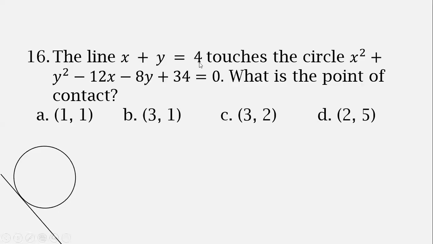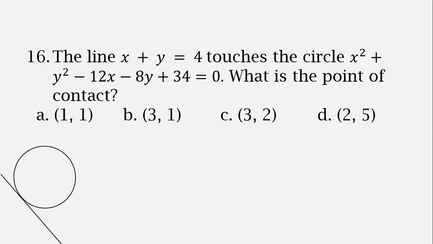But to find the common point, this point should be on both. So these three, A, C, D, cannot be on the straight line. We have seen this one is on the straight line, but we don't know whether this point is on the circle or not. So definitely, as we have to take one answer out of these 4, these 3 are not valid. So definitely this one will be correct.